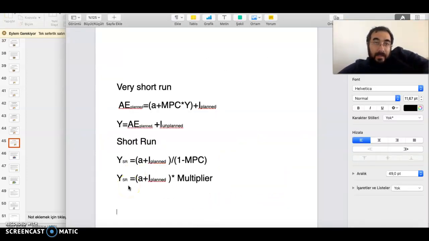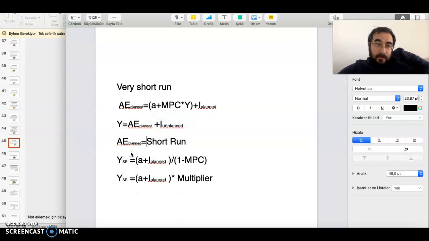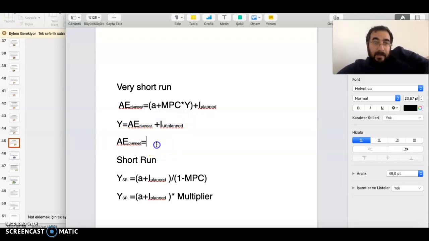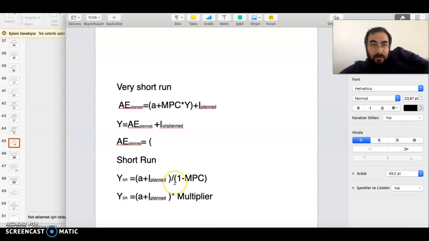So in the very short run, my AE planned is equal to A, which was 500, I believe. No, 100. I is 500. So 100